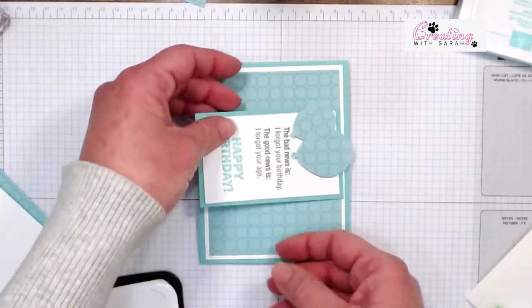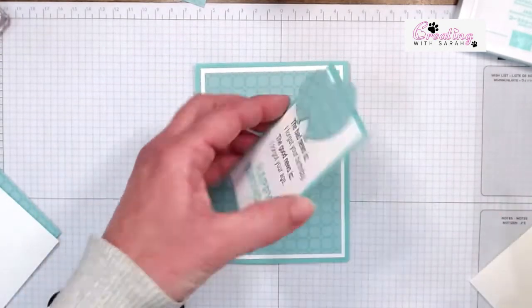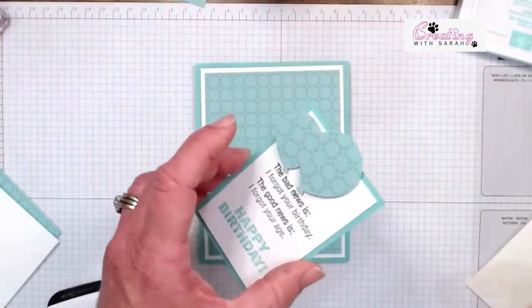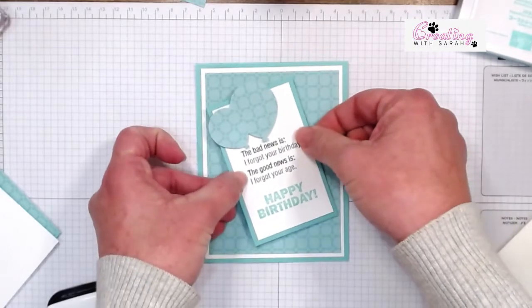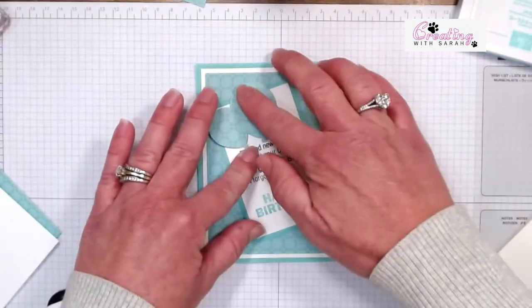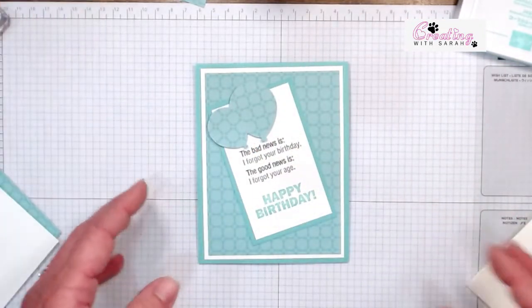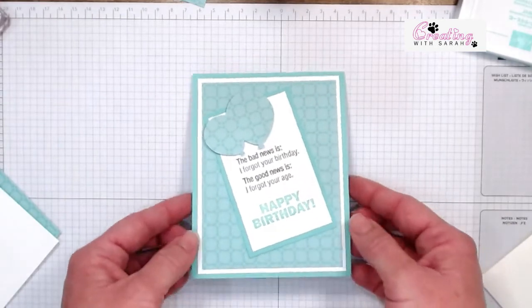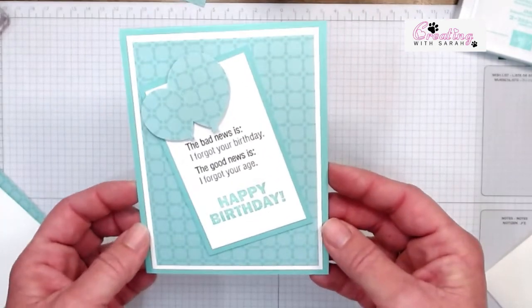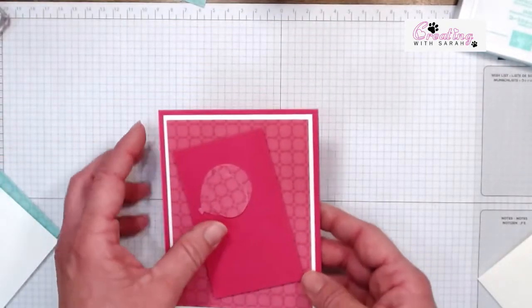Easy as that. And you could actually put it this way if you wanted. You just have to push your balloons down a little bit. So we're going to put adhesive on the back. And let's just offset it a little bit. There we go. Super easy, right? I love things that are super easy and very duplicatable. So this is the Coastal Cabana. Super fun. And now let's do a Melon